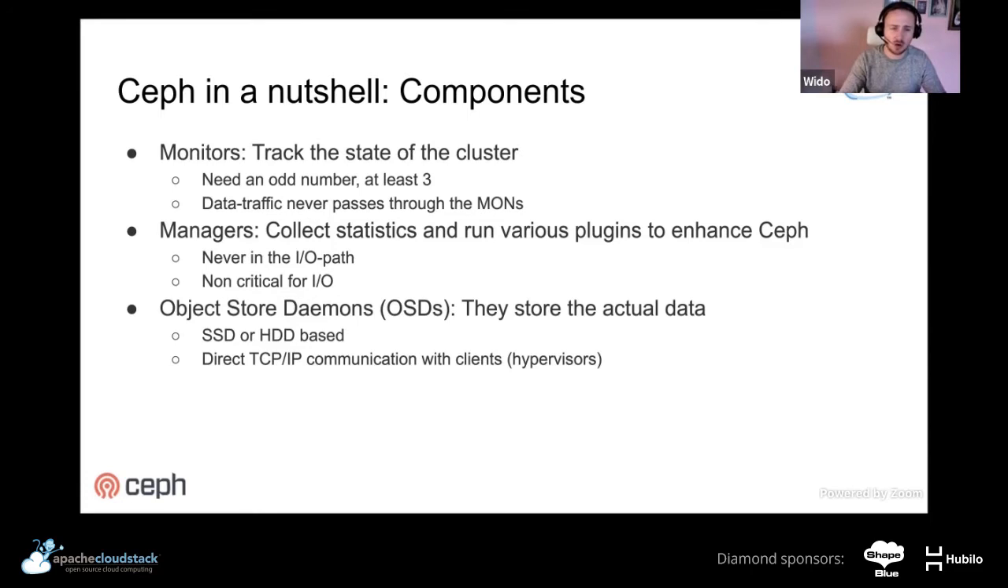So your data, your I/O will never go through those daemons. Because we have the OSDs, which are the object store daemons, they actually store the data. They have direct TCP/IP connections with the clients. In a CloudStack case, that would be the hypervisors, which they talk to, and the clients then directly communicate with